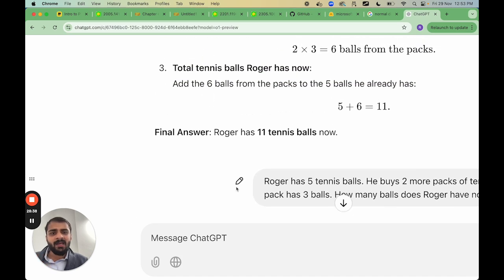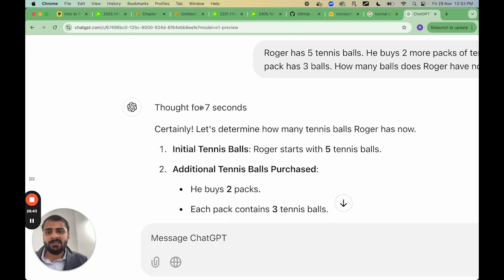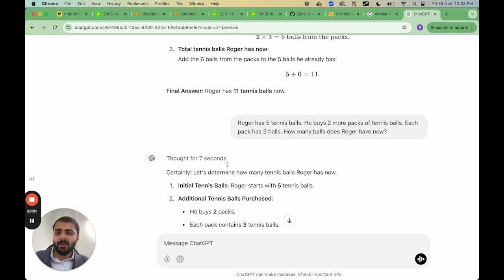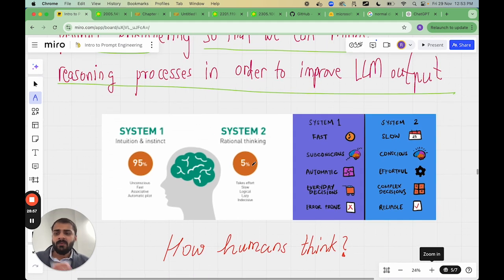It doesn't directly give out the responses like GPT 3.5 and GPT 4 did. You will see that it thinks for 7 seconds. That's what is meant by reasoning. Before blurting out the answer very quickly, we can train or teach the LLMs to think before answering. And that brings us to different techniques which can help LLMs like ChatGPT do a better